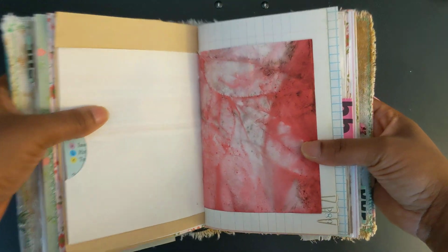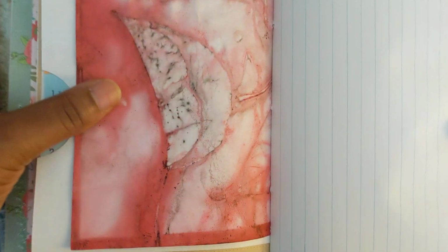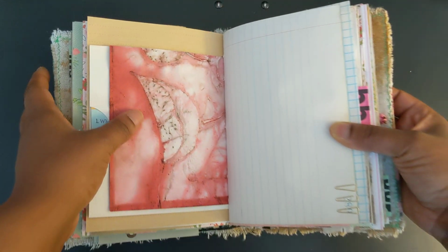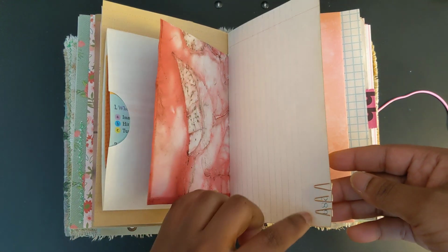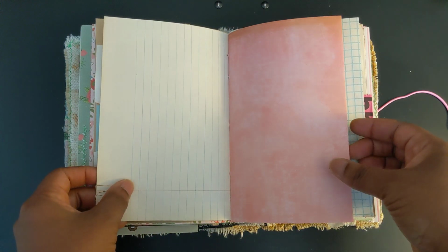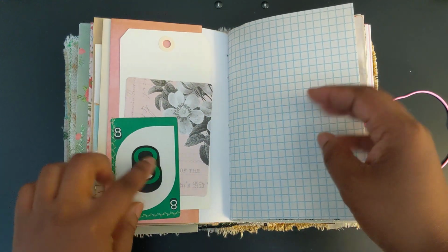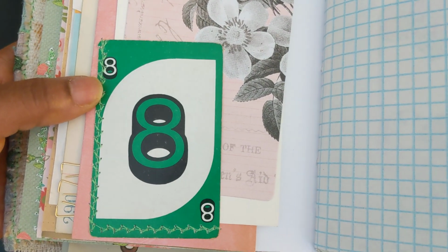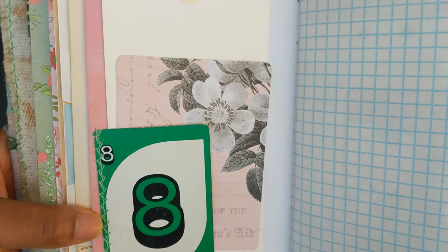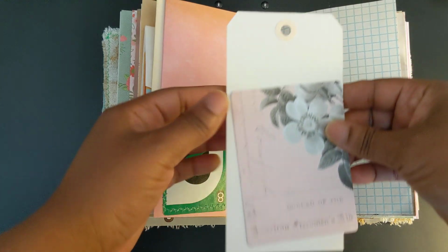Here's some eco-dyed paper from Rosemary Morris. So pretty. Some ledger paper that's lined, and some extra paper clips. This is scrapbook paper that I found in this color, and then an Uno card. I found an older pack, I think I got this at a Salvation Army. Yeah, I think so. And then here's a blank tag,